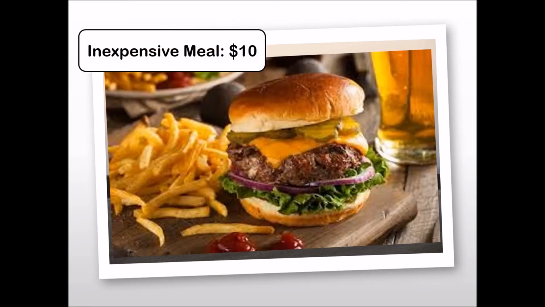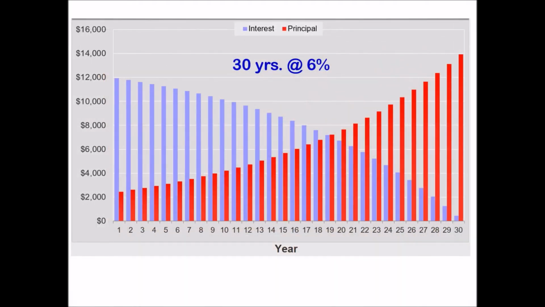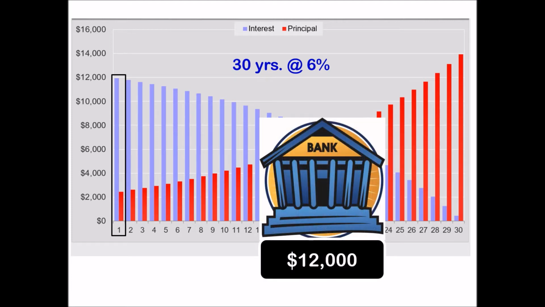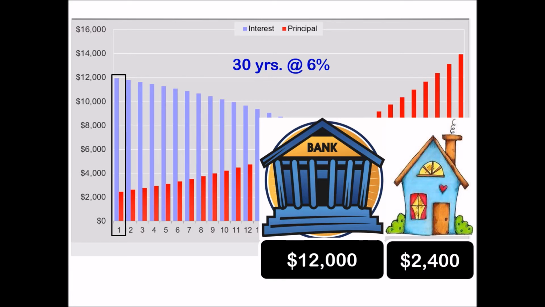In contrast, go to a cheap burger joint, and the tax on your meal is pocket change, in contrast to the tax on a Lamborghini, which is enough to buy a used car. So your $200,000 home at 6% or your Lamborghini at 6% tax comes out the same. So money goes to the lender and money goes towards the house.